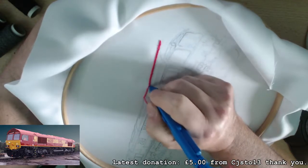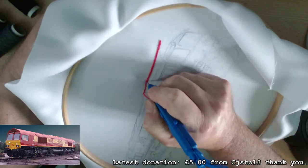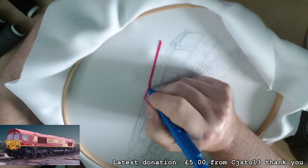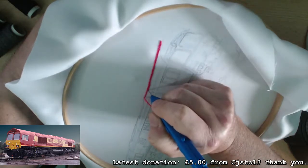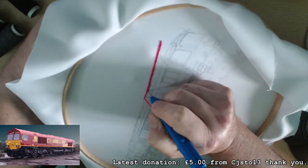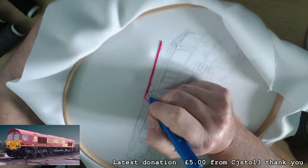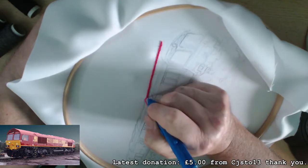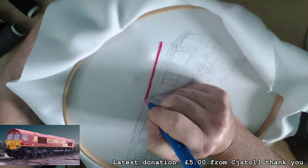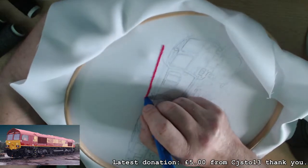It's called a punch tool. Or a needle sometimes. I don't think it has any particular technical name. It's just the manufacturer calls it a punch tool. You're punching the thread through the fabric. So it's really just kind of a needle that